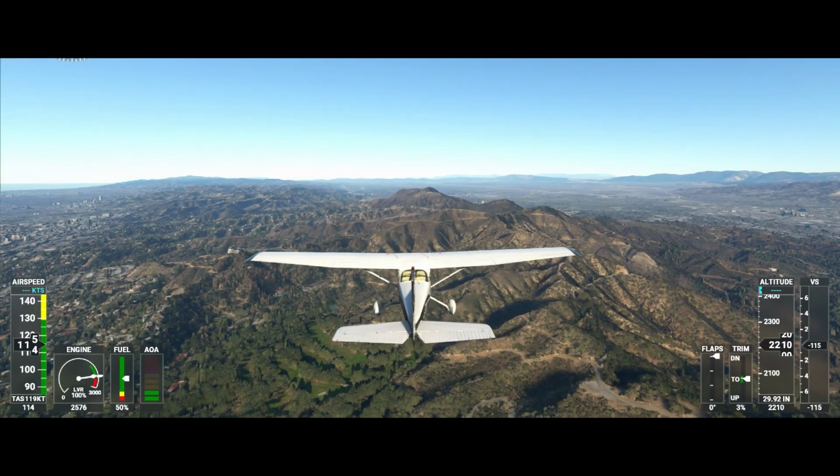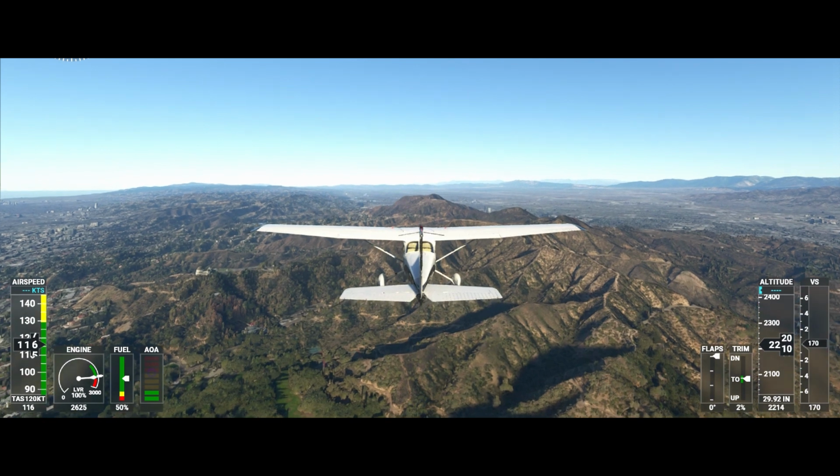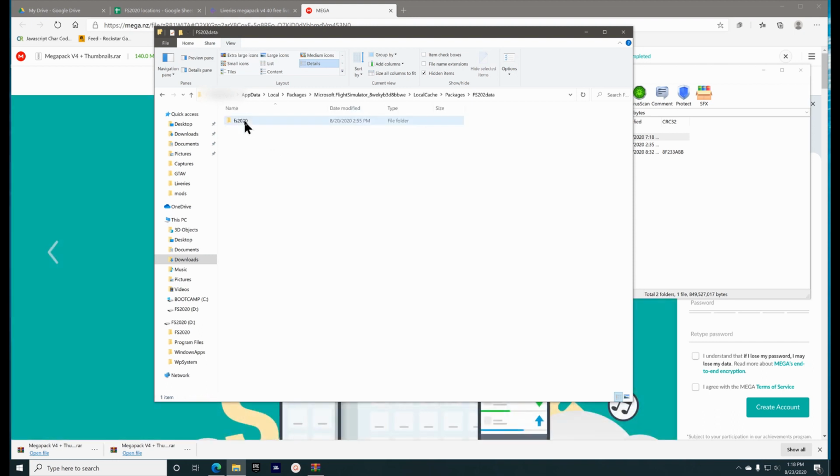Hi! I wanted to cover a few free mods for FS2020. These need to be installed in your community folder. I cover how to find that folder in my liveries video, which I've linked to in the description of this video. All you have to do to add or remove any of these mods is copy to or delete them